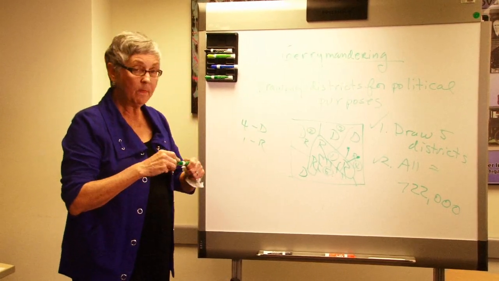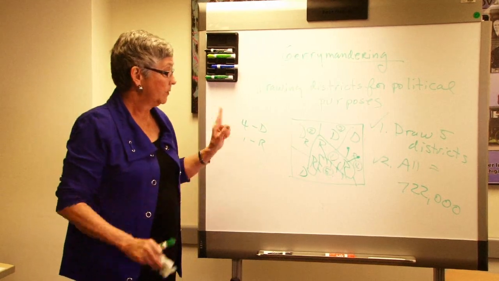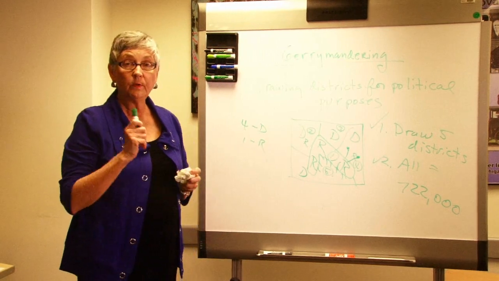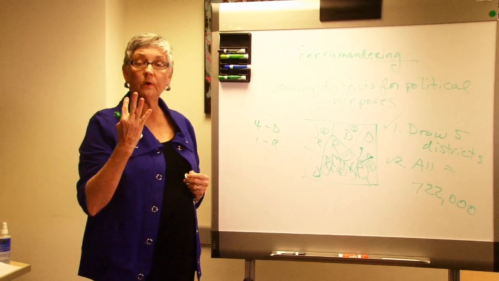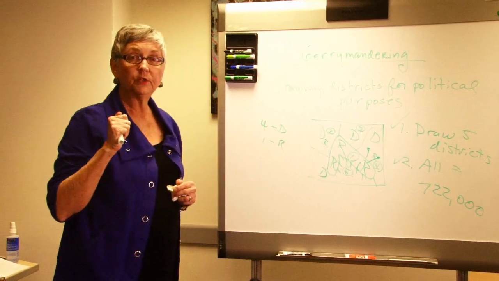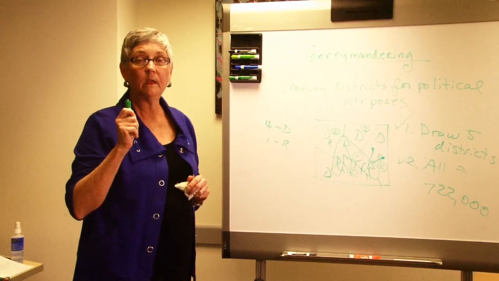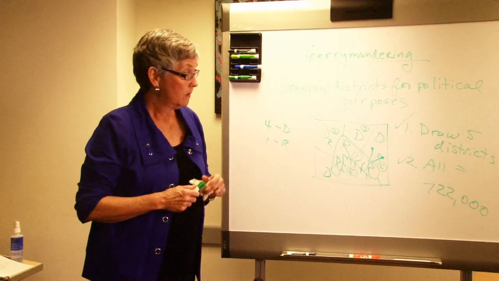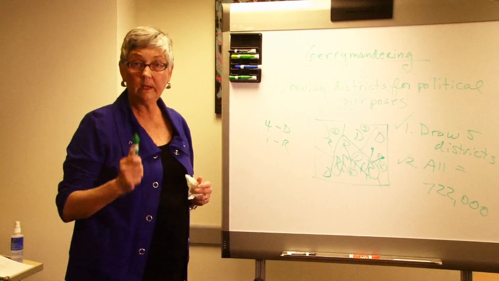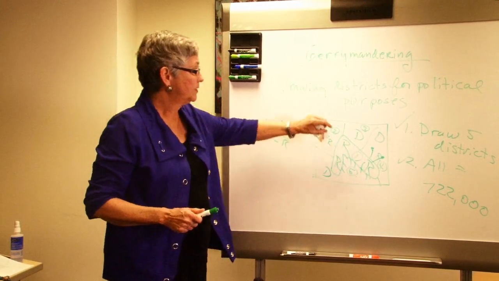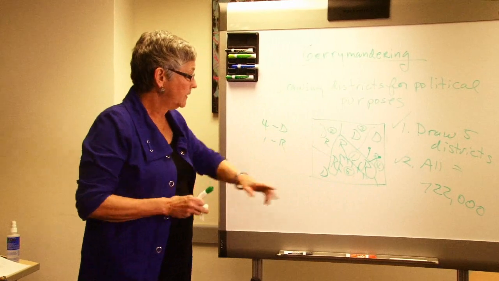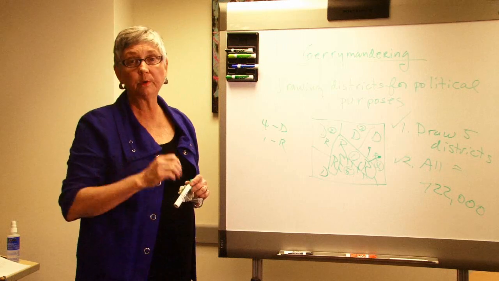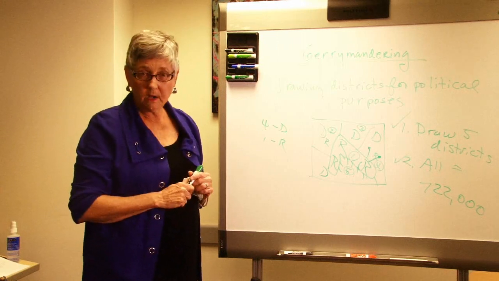Now we have a major court case in Texas right now. The Republicans drew districts for the 2010 census, and remember, our growth, our 4 additional members of Congress, has been driven by Hispanic population. These districts don't reflect, the way they're drawn, where Hispanics live. They are either packed into one district or they're diluted here. So this case is in the courts right now and most probably will go to the Supreme Court. So we're going to follow this case very closely.